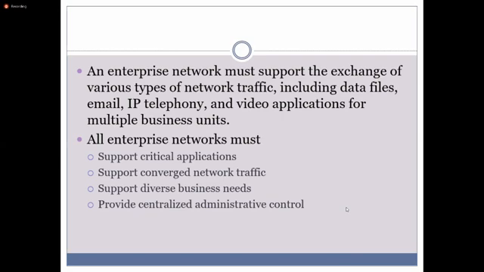It should also support diverse business needs. Diverse business needs means, if you think about a company, there are different types of people: male and female, different age groups, different religions.